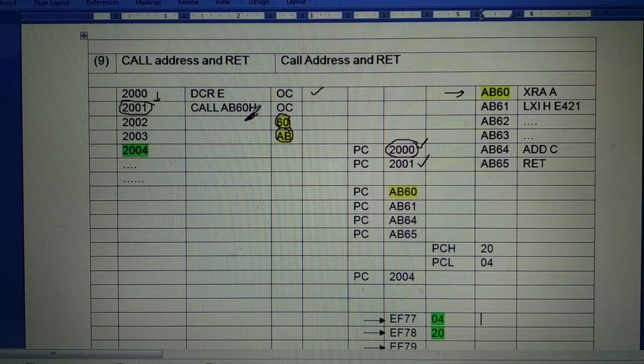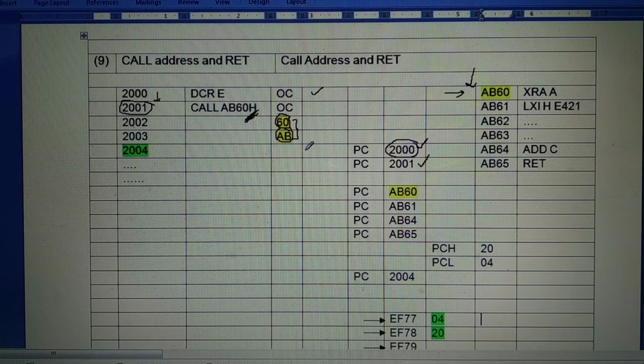Because after call, whatever the 2 bytes are, byte 2 and byte 3, go to the program counter, and the program counter holds the address of the instruction that is to be executed. That means after execution of call, the program starts executing from memory location AB60.